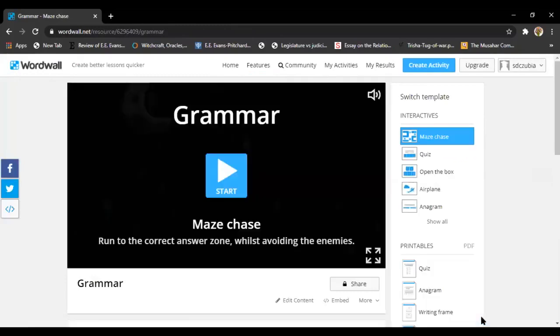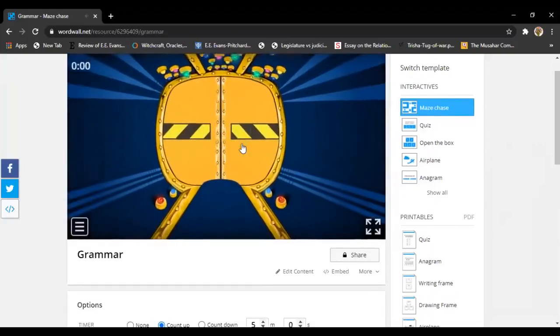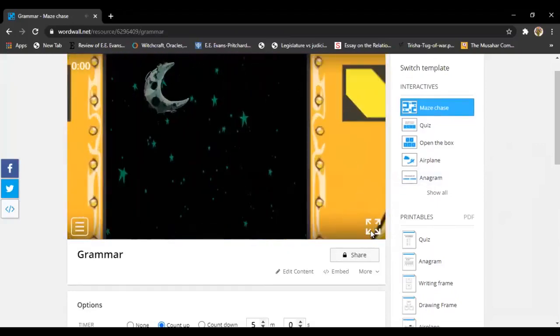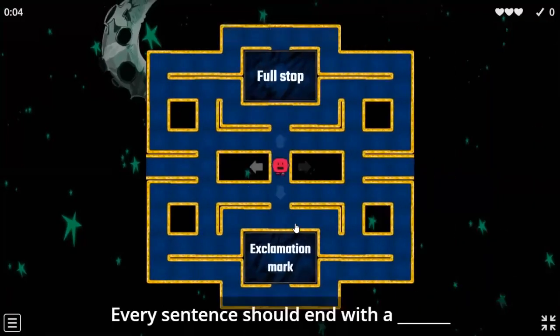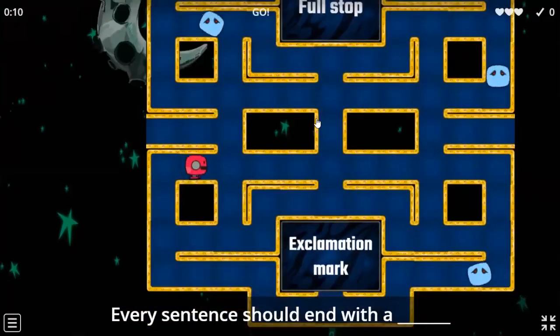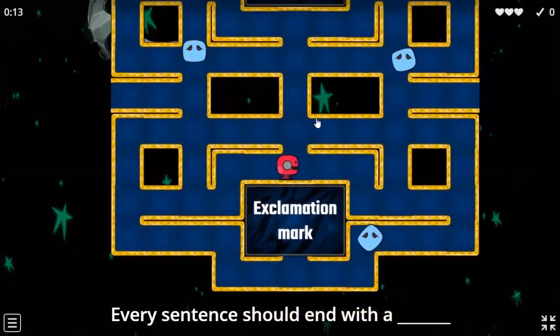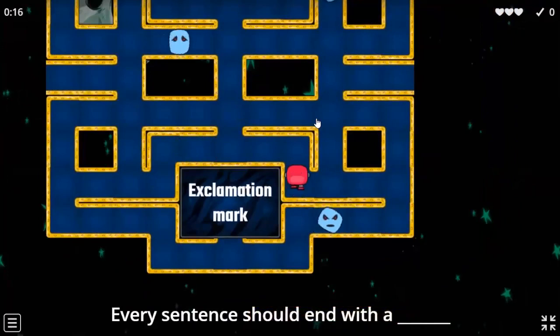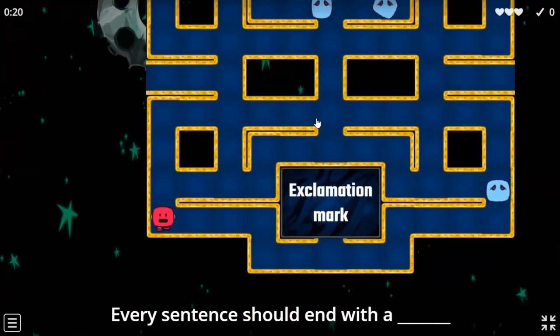In this, you will not get any theme, so you just have one theme that you have to work with. So let's see. The maze chase is ready. This is how the game looks like. It's like Pac-Man. So my question will come here down below, and here are the answers. So wherever the students want, they can go there. It's like playing a game, and in here you can see there are more ghosts as well. So it is interesting for them. It's like Pac-Man, like we used to play.